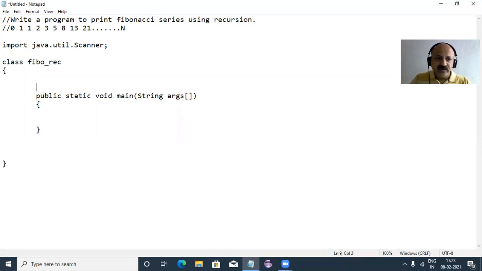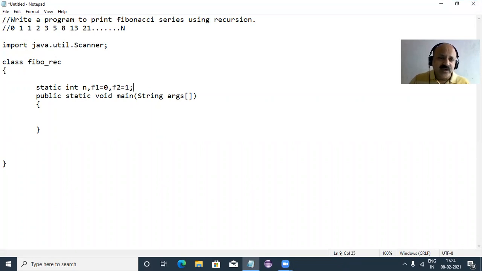Here we can declare some static integers. We define an integer n, the number of terms. Then f1 assigned to 0, and f2 assigned to 1.